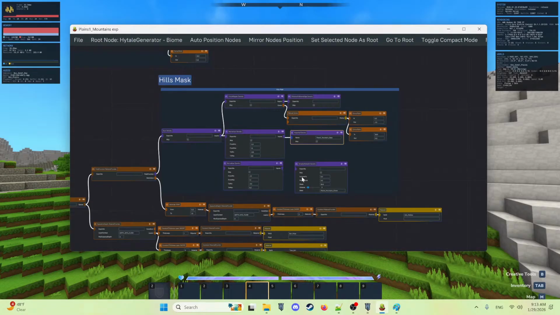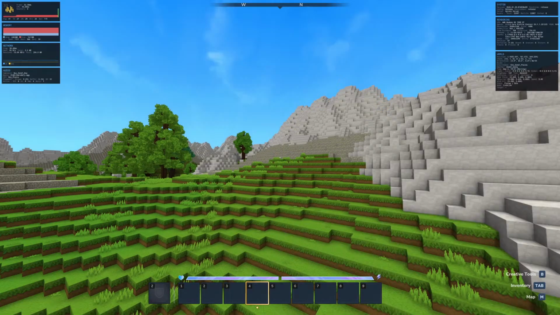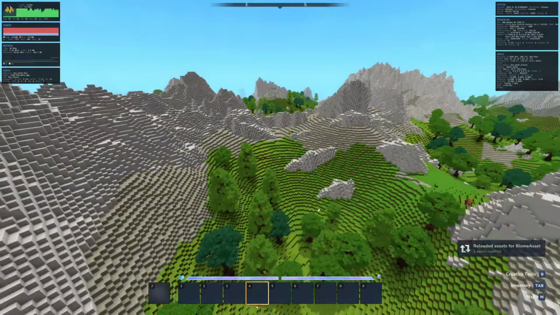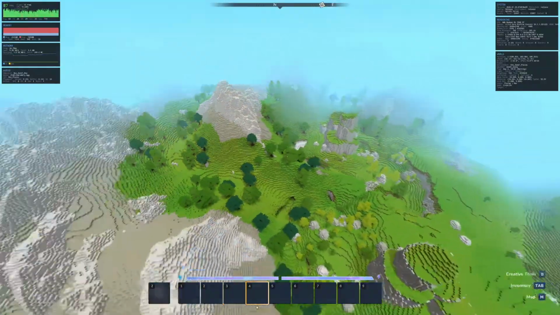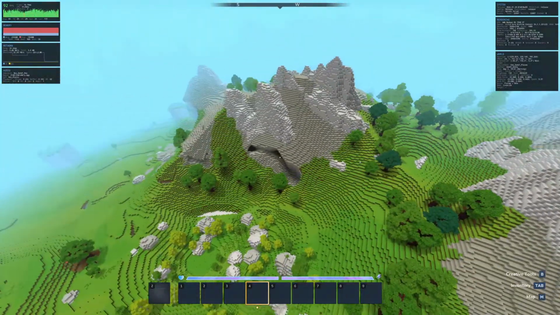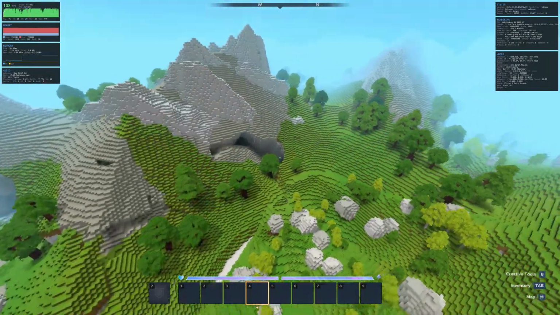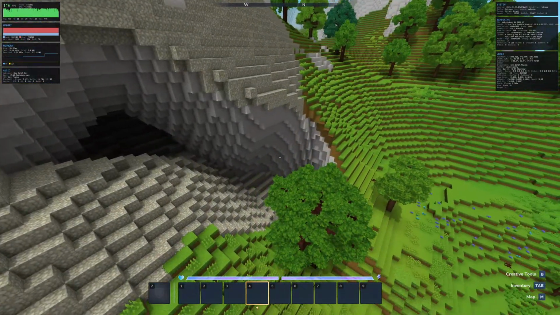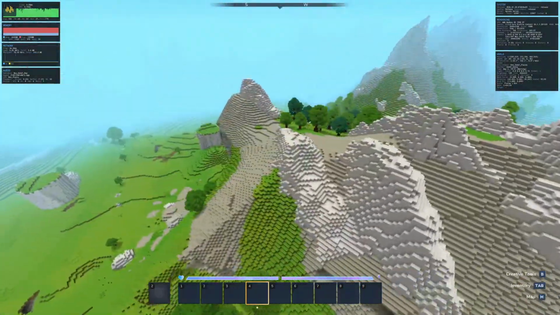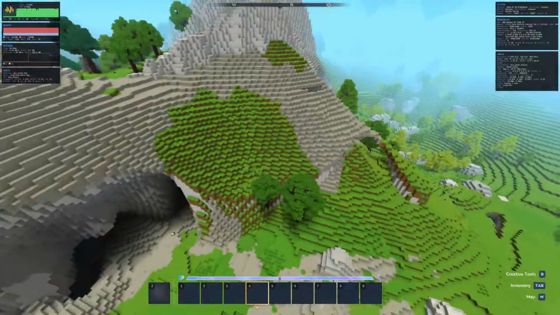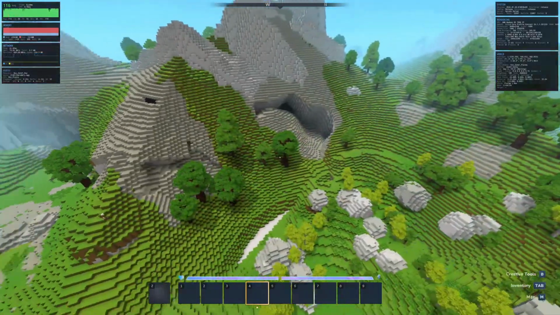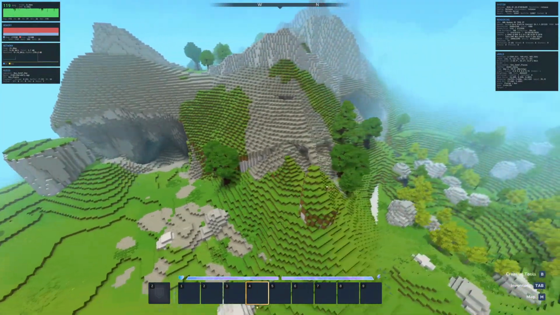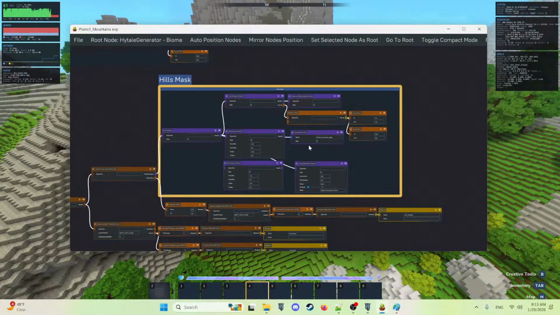So don't normalize it. This is gonna make it really weird. Where did my viewport go? Yeah, look at that. Some of it is going way deep. Some of it is going way high. Okay, so the normalizing did do what I was expecting it to do, but now